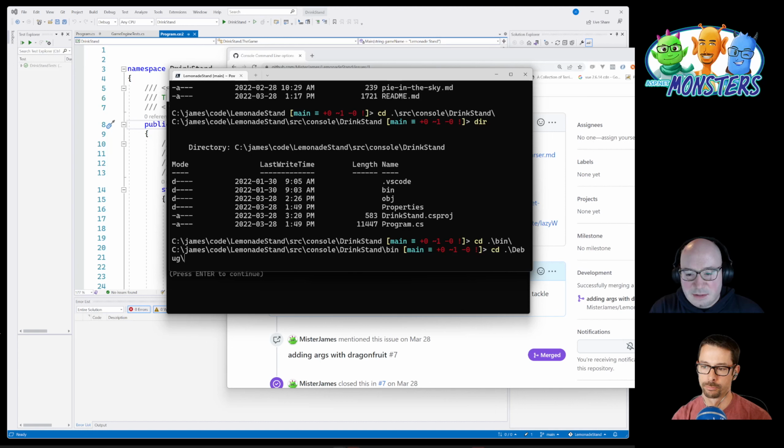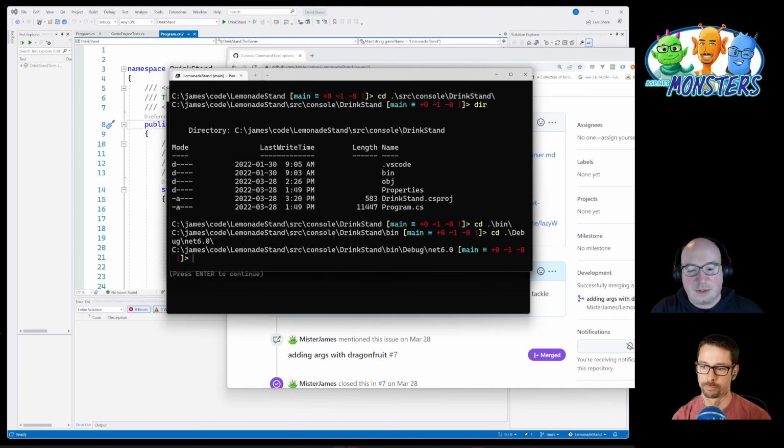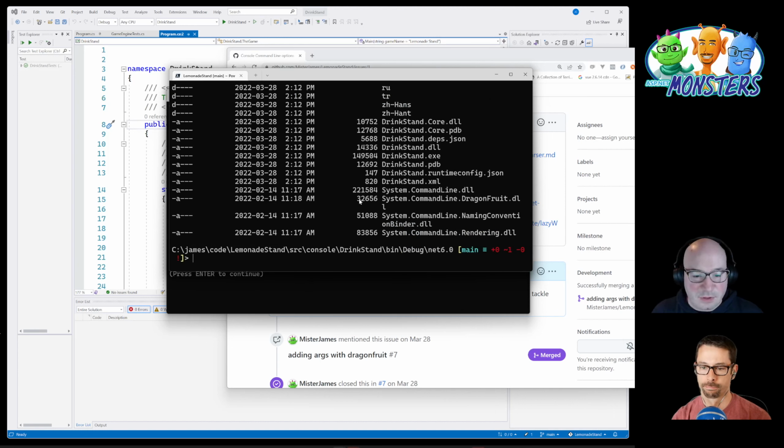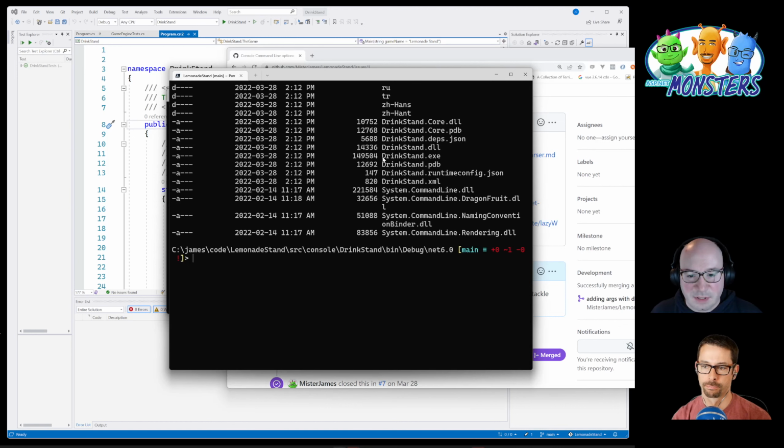And likely into the .NET 6. Yeah, there we go. Okay, and now when I have a look here and see what's in here, I've got my drinkstand.exe. So I actually originally called it DrinkStand because I thought it would be a neat idea if the people who wanted to work with the code base could quickly change it to something else. Like instead of a lemonade stand, maybe it was a hot chocolate stand. So if I go to drinkstand.exe,